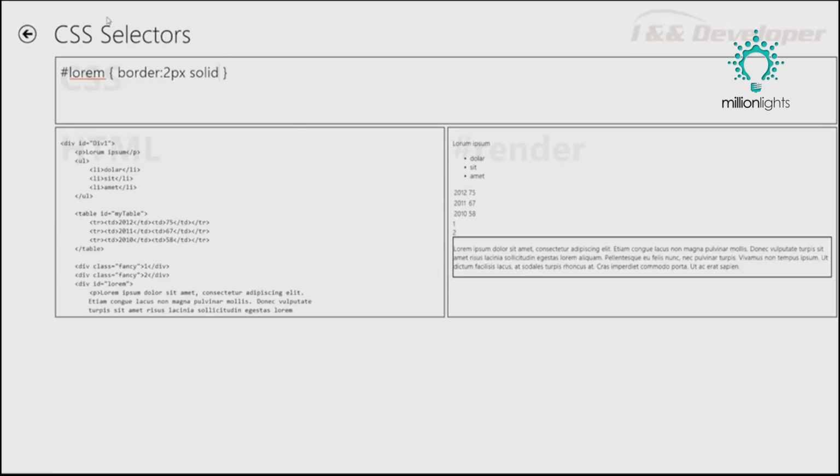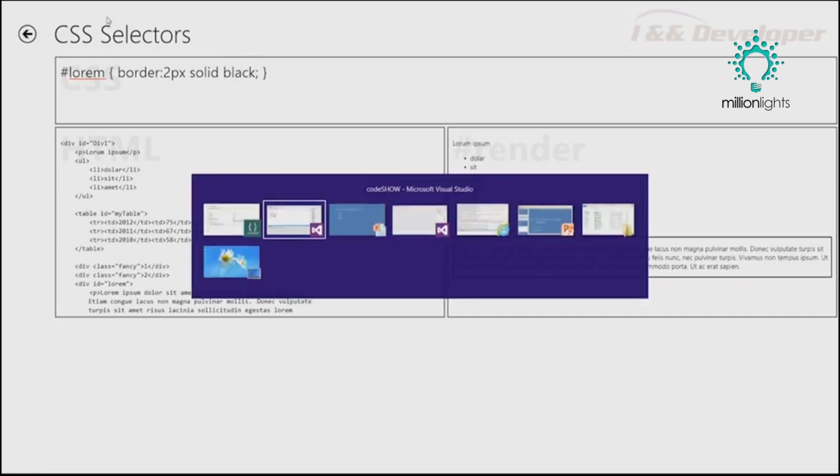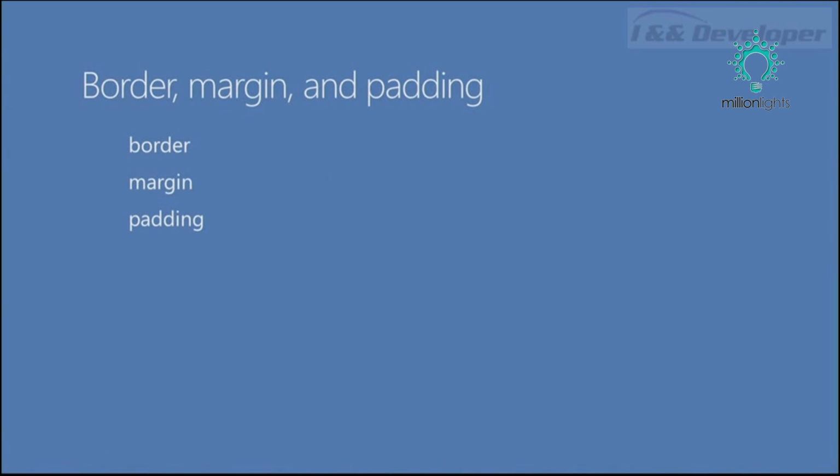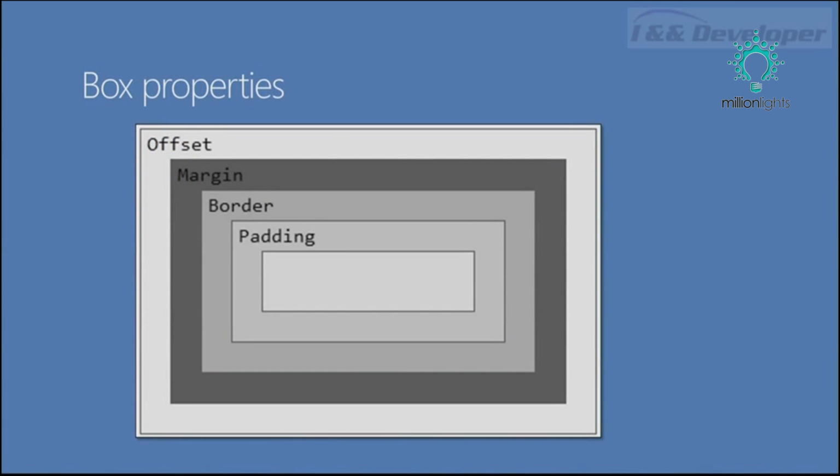So let's just leave that black. We'll just leave that off. But let's go ahead and look at red. There we go. Okay, so let's do black. So now I've got a border around that. Now, it's important to know how these three things relate to each other, and for that we have